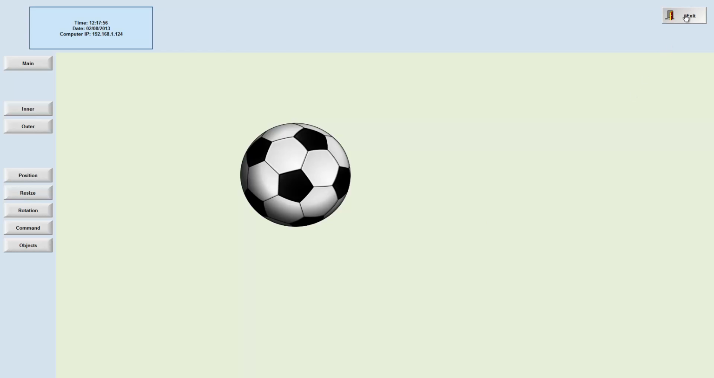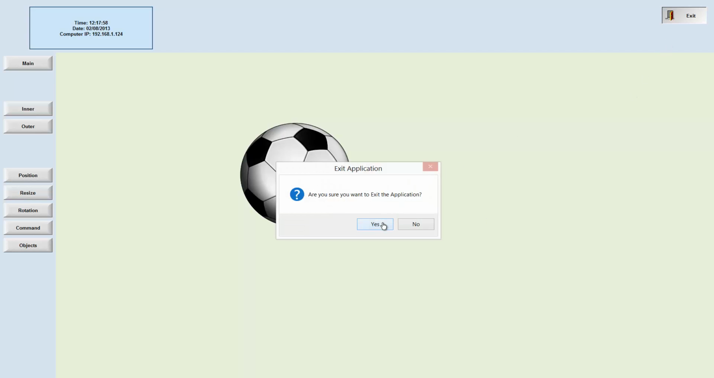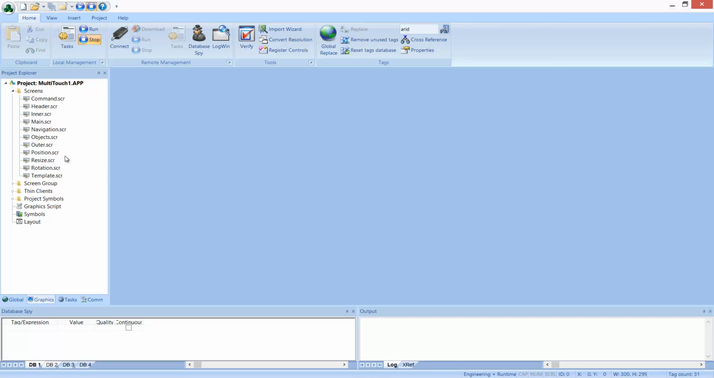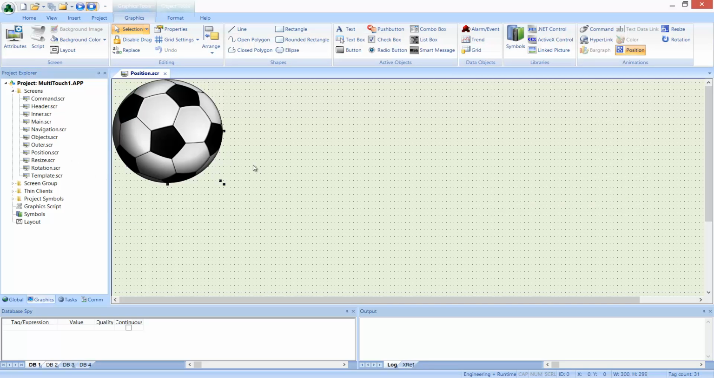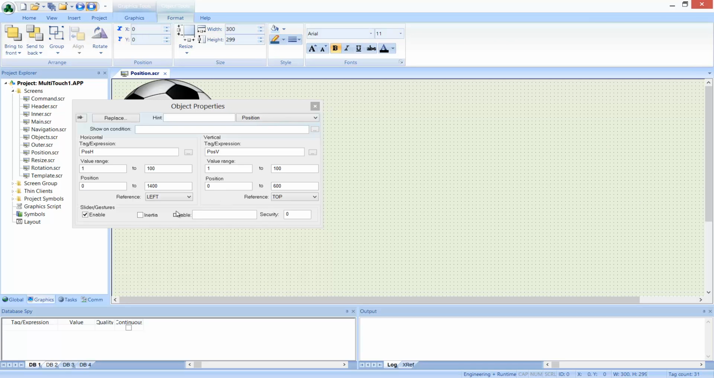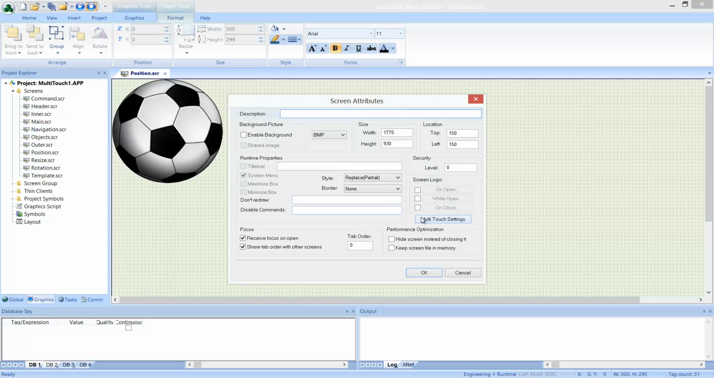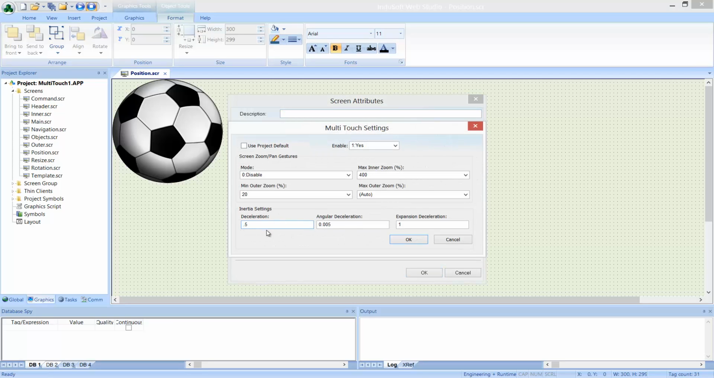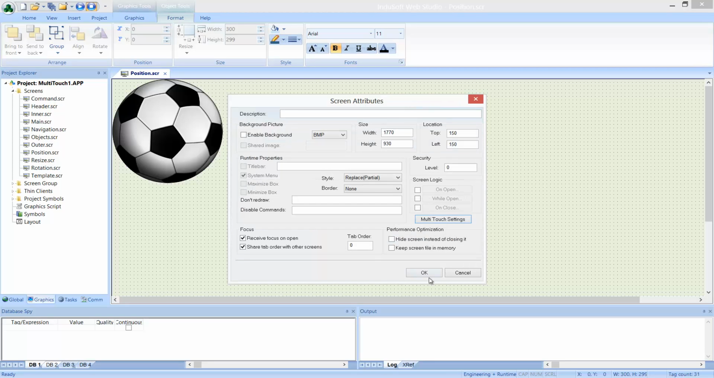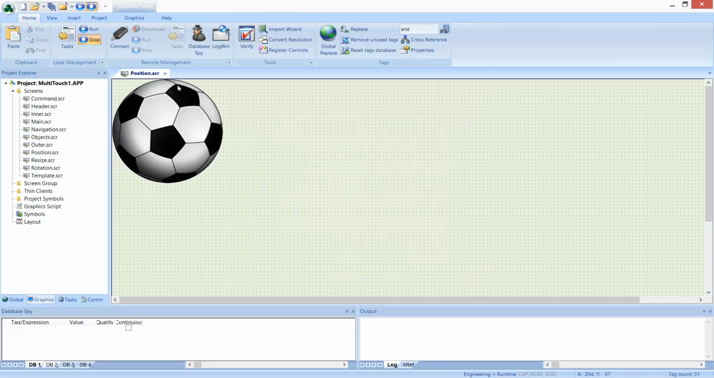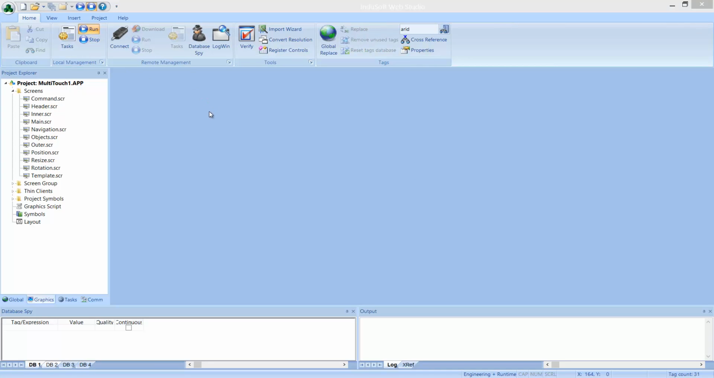So I'm going to exit this, and now let's go back to position, and here I'm going to turn on the inertia. And let's go change the settings in the inertia settings and the screen attributes here for the inertia. Now 0.5 is relatively not much deceleration. So we'll take a look at this. If we run this,